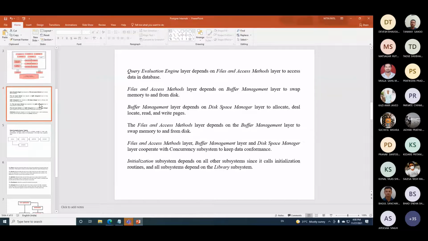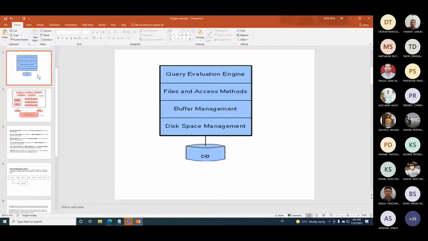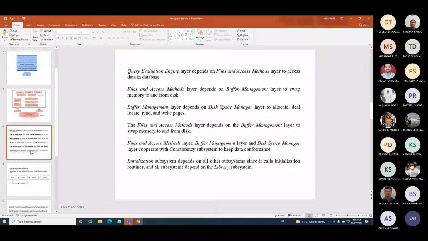Query evaluation should be worked out with respect to verifying the syntax, checking whether the query can be further worked out, because what we are talking about right now are these layers: query evaluation engine, file access methods, buffer management and disk management system.